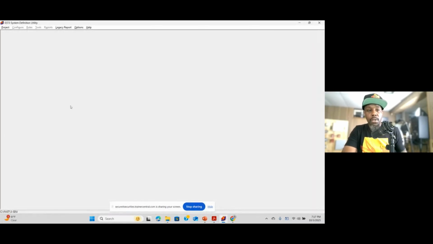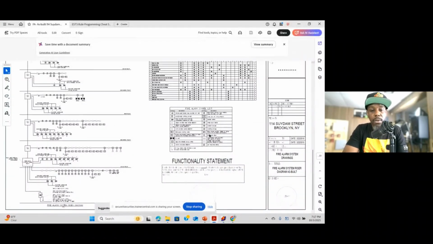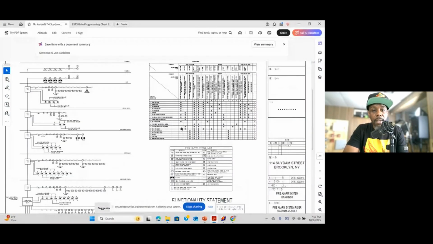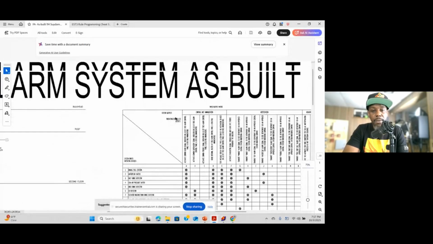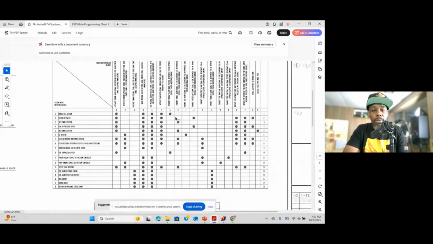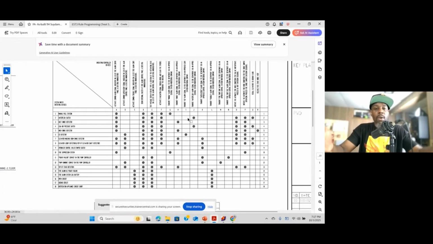When you first start a project, if you're doing some programming, you definitely want to pay attention to the operations. This is what will tell you how to program the fire alarm system. When a manual pull station goes off, it's telling you all the output activations that should happen. So when you understand not just programming a fire alarm system, you really understand the ins and outs of this entire thing. When you're asking yourself how do I make this happen, just understand what output events are supposed to turn on, and it should be easy to write that rule or whatever program you're working with: drag and drop your inputs to your outputs.